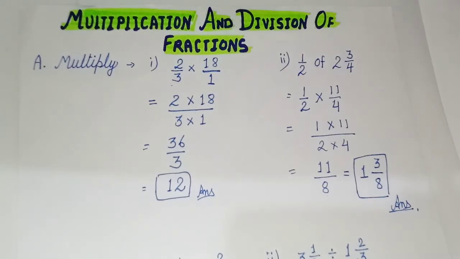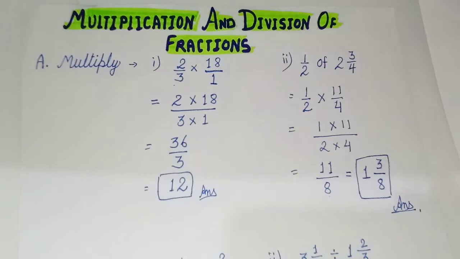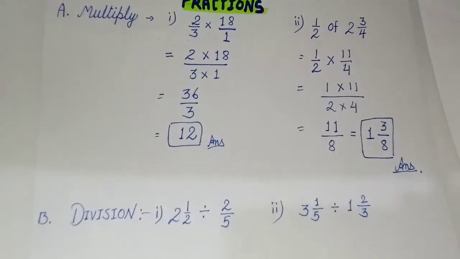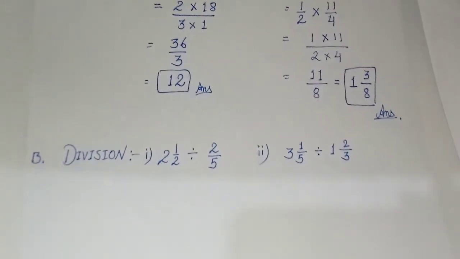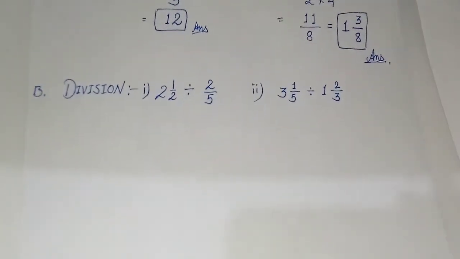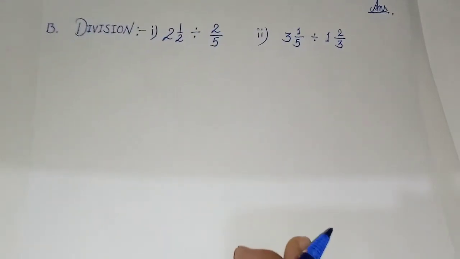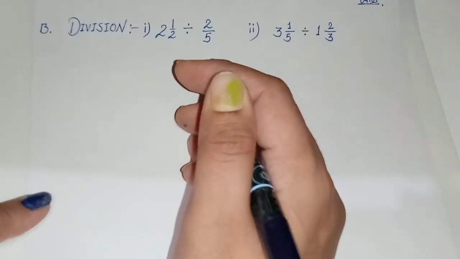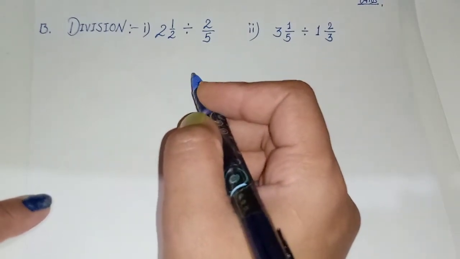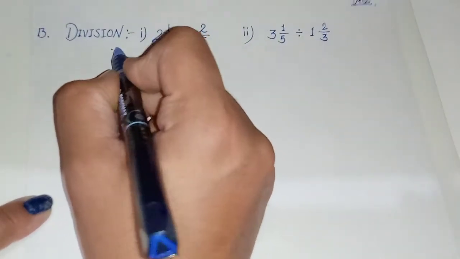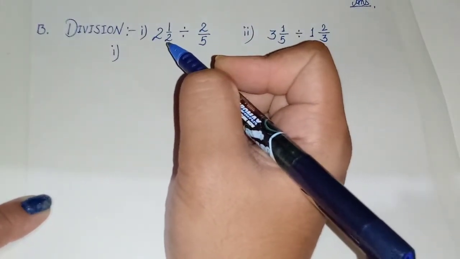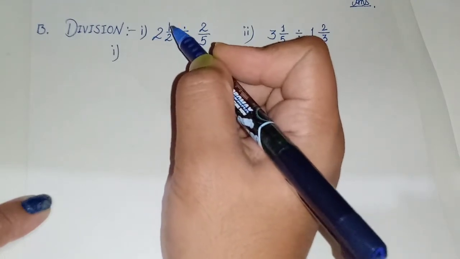Now we are going to see about division of fractions, how to divide them. To solve the question of division of fractions also, you need to be very clear about the multiplication of fractions. That is the reason I am taking both the topics together. Here also we have 2 examples to be solved. By this the procedure of division of fractions will be clear to you. See how to do it. First I am going to solve the first one for you. Again we have the first fraction in mixed form, so we will write it in simple form. 2 2s are 4 plus 1, 5, 5 upon 2.